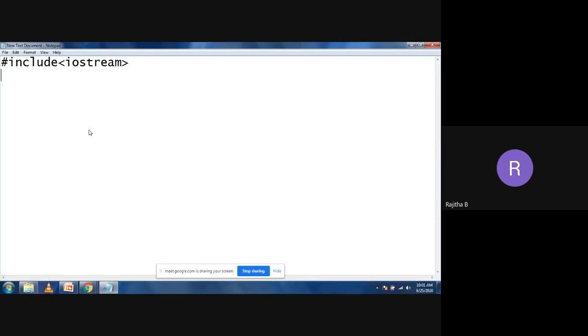Then we'll take the class program now. So I'm taking the using namespace std, and I'm taking the class, and my class name is stud. Then I need to create the data members and member function of this class. Simply I'm taking just roll number and name. For easy understanding, I'm taking only 2 data members. So I'm taking the char name, and some int data of size 10.